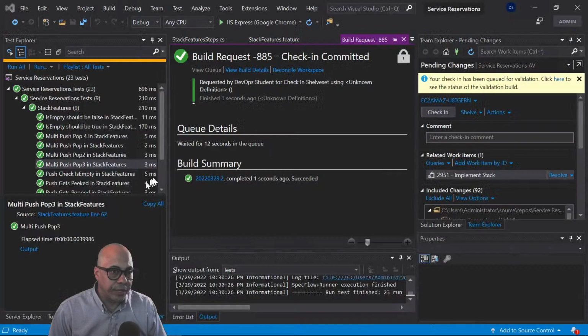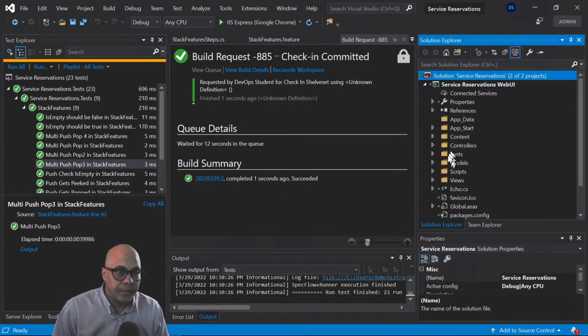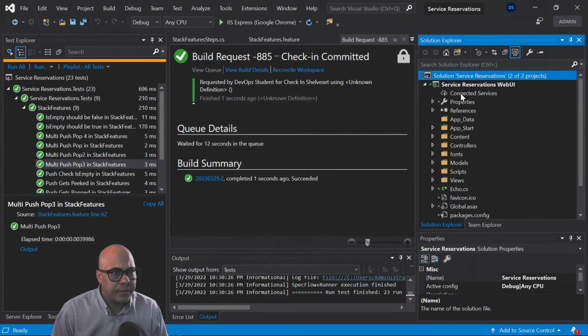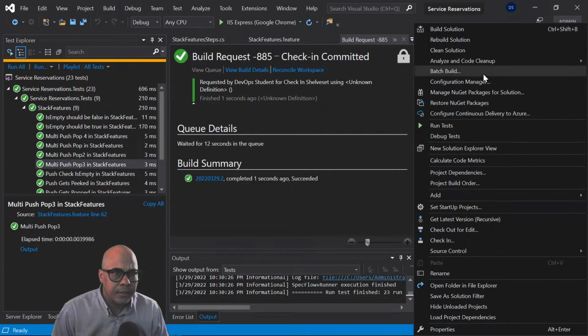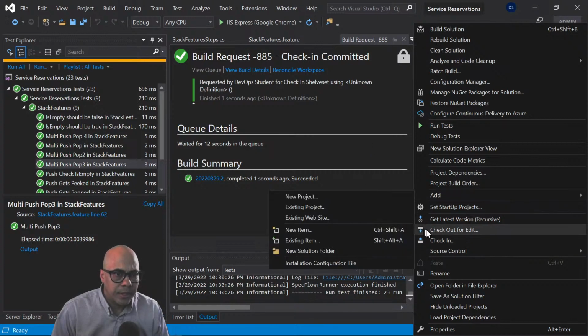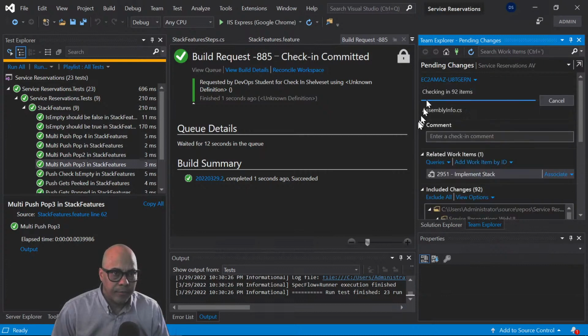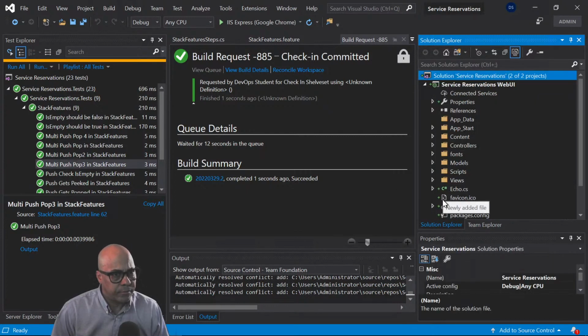If I go over to Visual Studio, same type of thing. My files, oh, wait, have they been checked in? Let's see here. We should be good here. Where's my refresh? I'm just going to do check-in again. It shouldn't require any additional work. My check-in was already successful. Yeah, I should just have, that's weird.